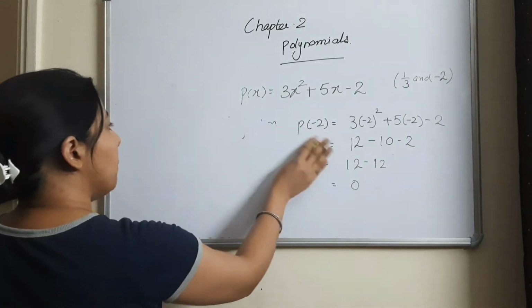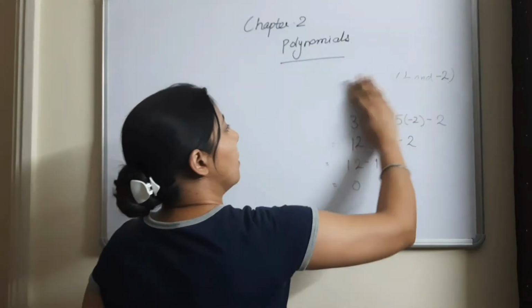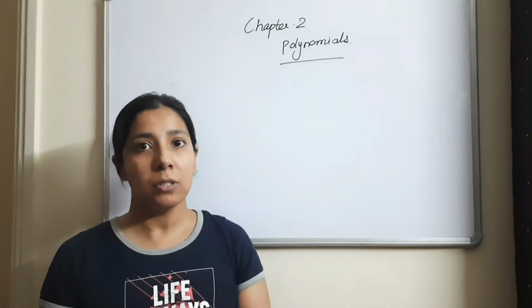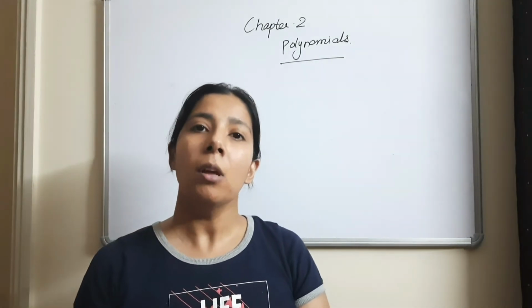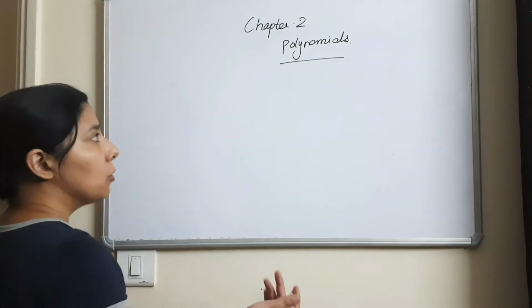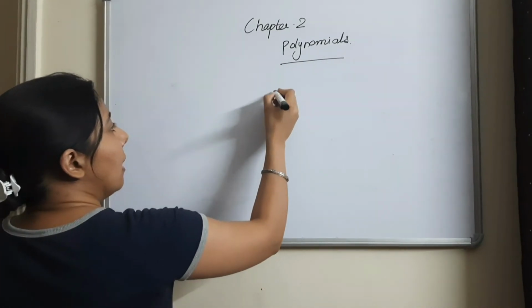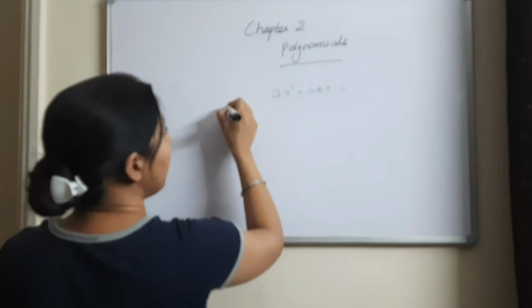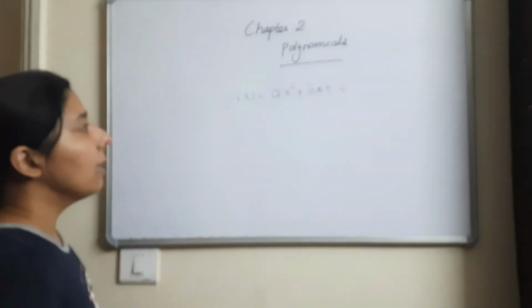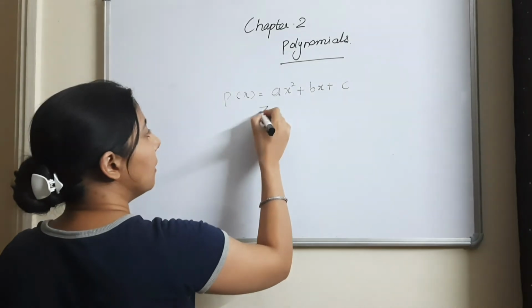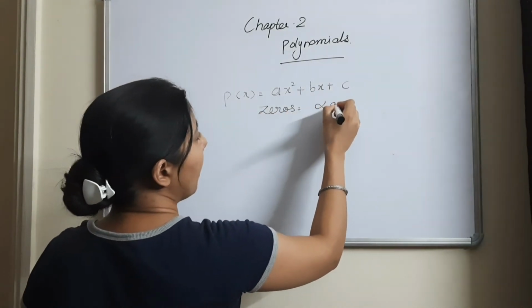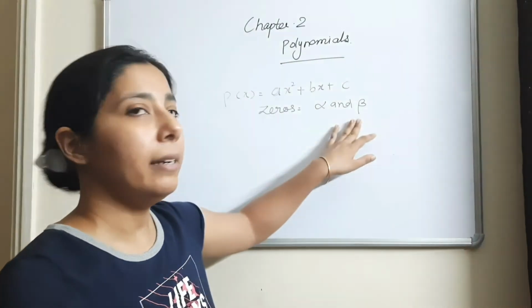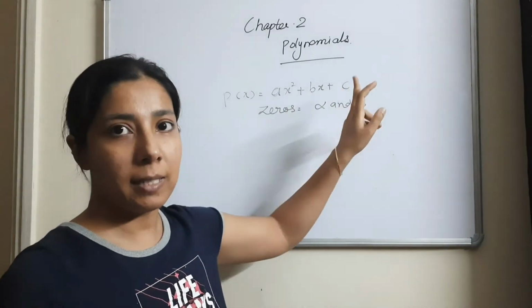So let's take one more topic for today. Till now, in the next topic, we will be given the sum of the zeros and the product of the zeros, and we have to write the whole polynomial. So what I mean is, suppose there is any polynomial like ax square plus bx plus c. It can be any polynomial. And the zeros of this polynomial came like alpha and beta. This is just the arbitrary thing I am taking. Alpha and beta are the zeros of the polynomial ax square plus bx plus c.